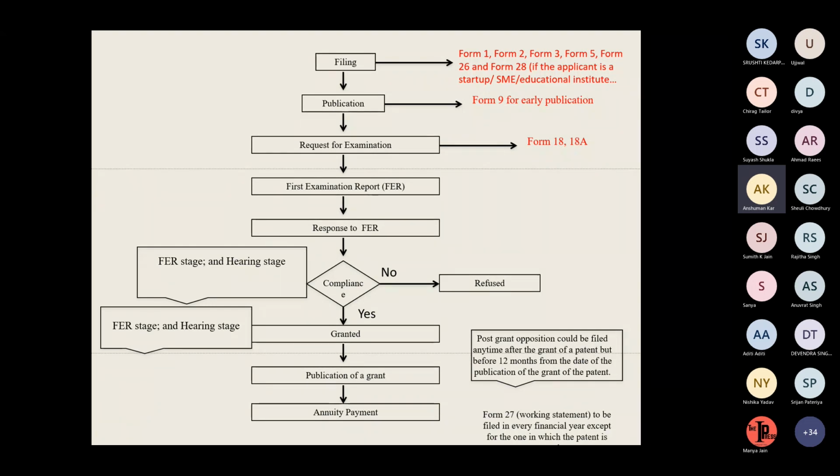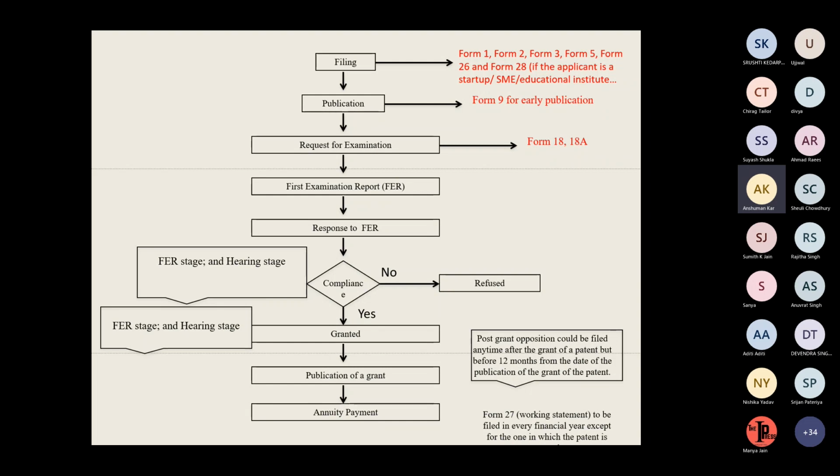So, you need to tell the patent office when you are filing that I am filing this application, and you need to tell them where else you have filed it or you are filing it, what all other applications have been filed, whether I have filed it in any other country, whether I have filed a PCT application, in what all countries I have filed it. I need to inform the patent office about that in Form 3.